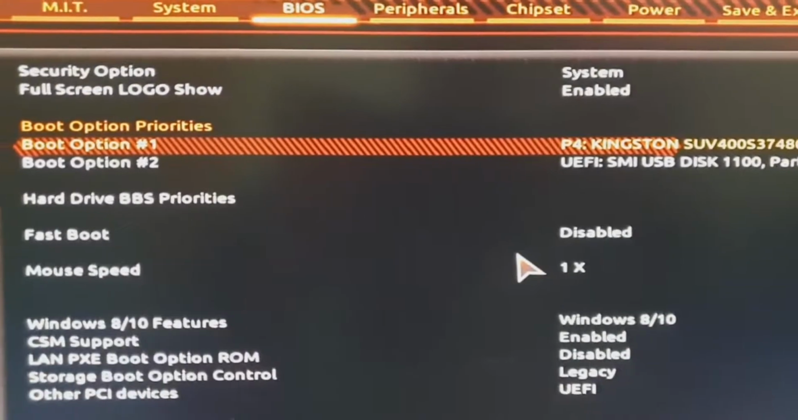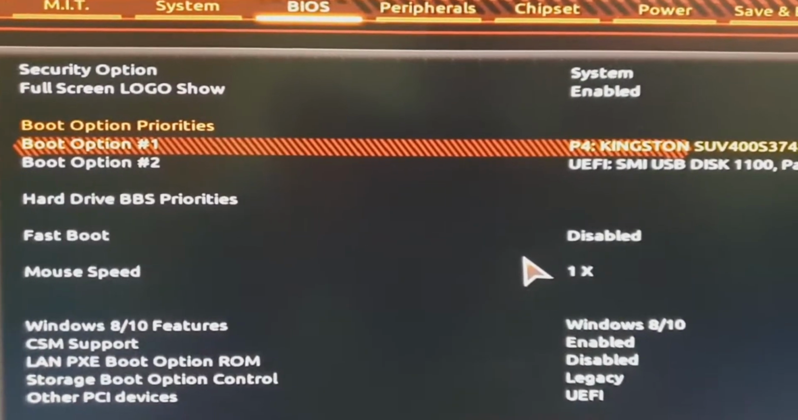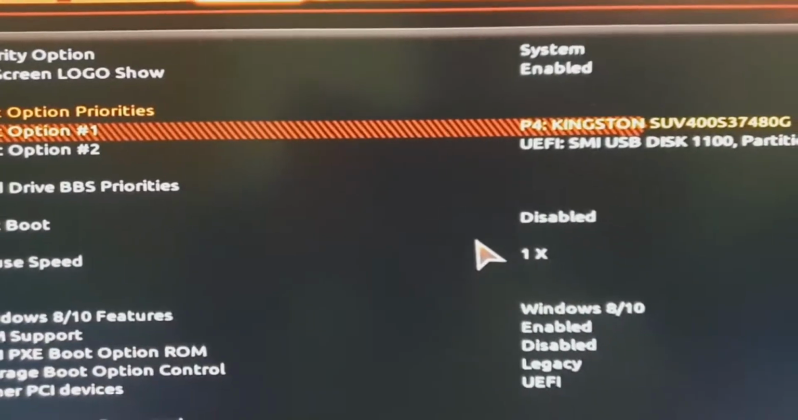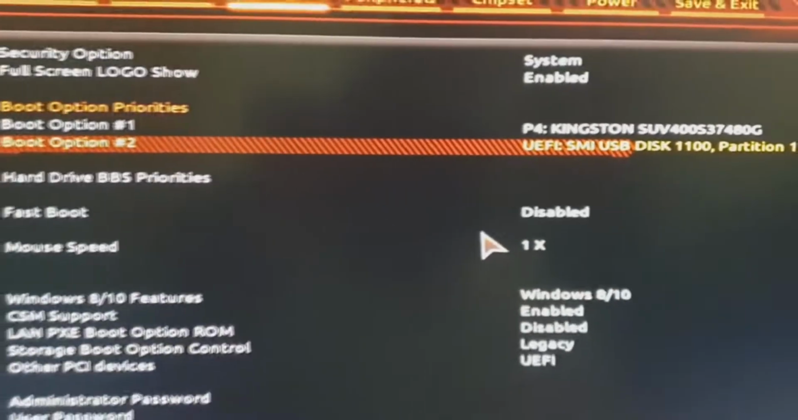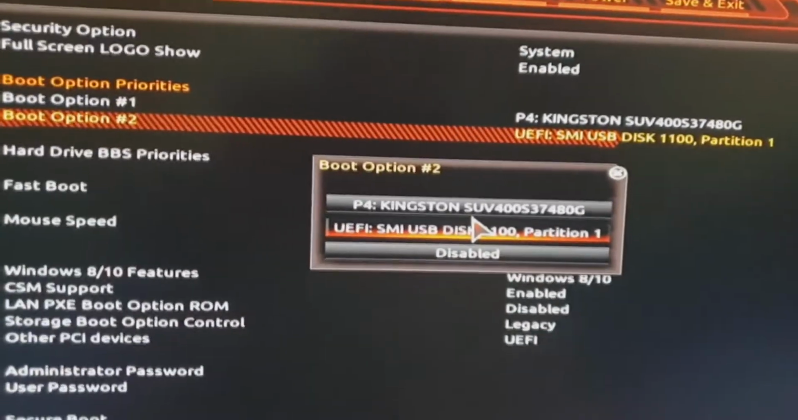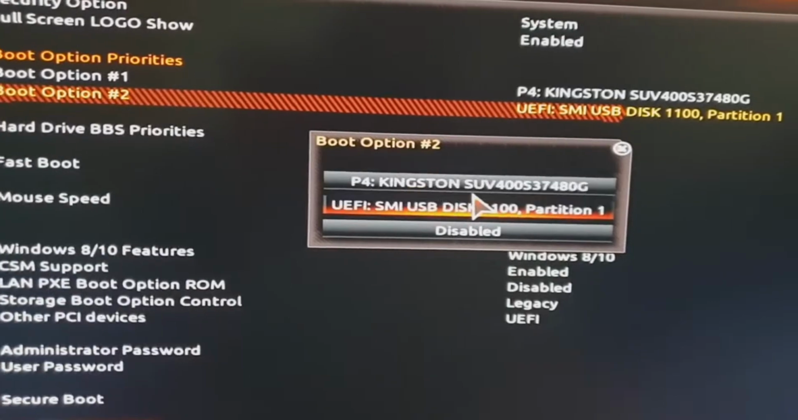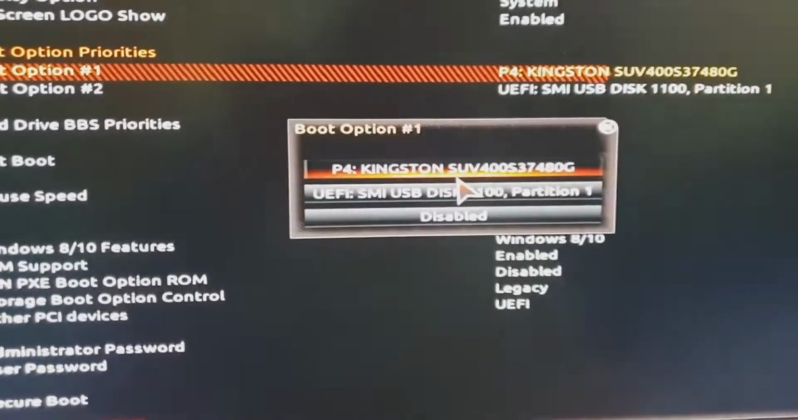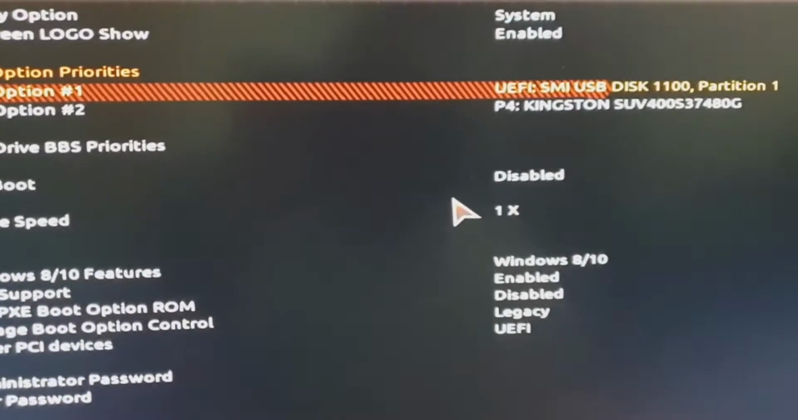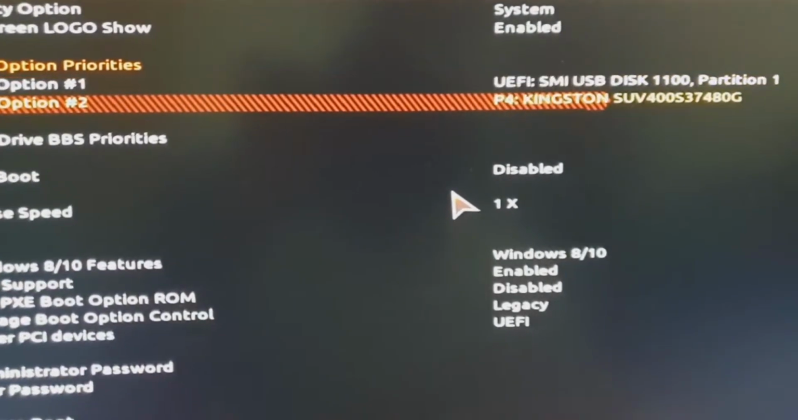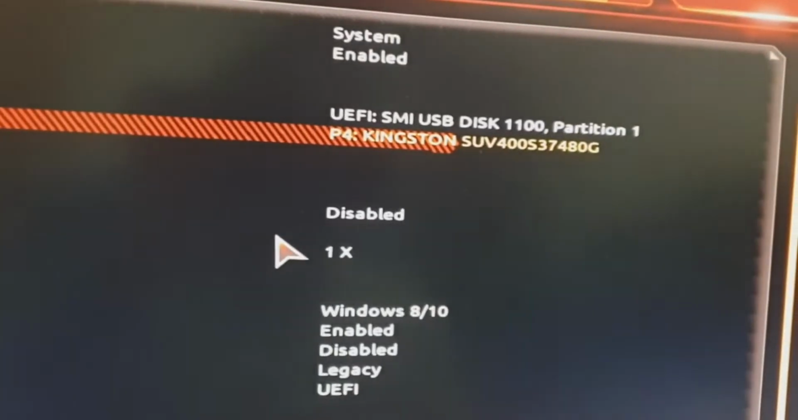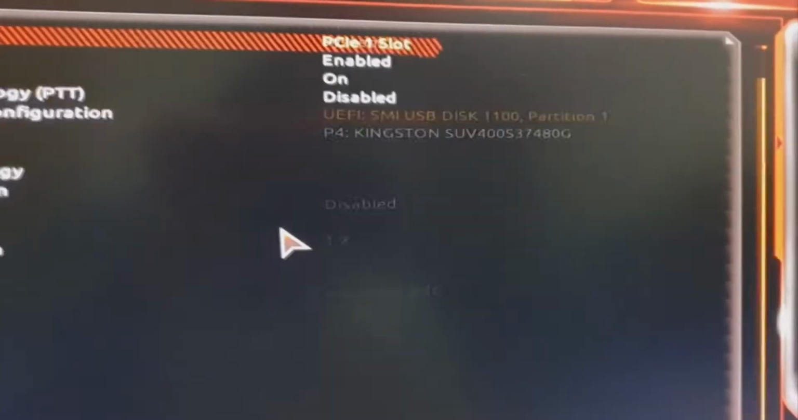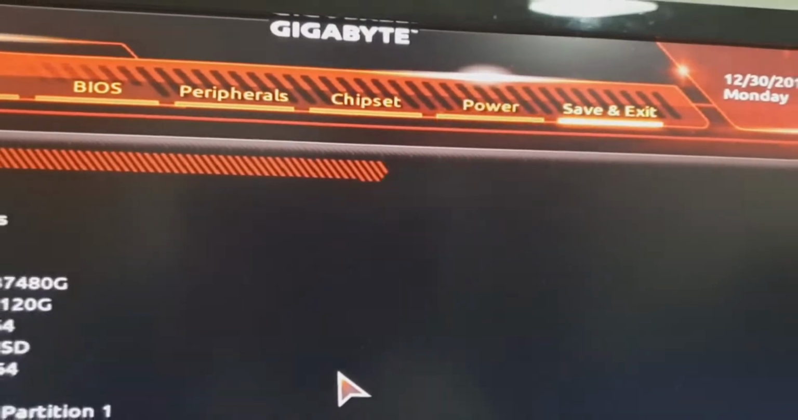This one is changing the priorities on what is going to load first, and let's make sure that the USB is going to be the first one. So I'm clicking enter and I'm going to make the USB the first one. Okay, this one is my SSD, but I'm going to load the USB first. So let's go to save and exit